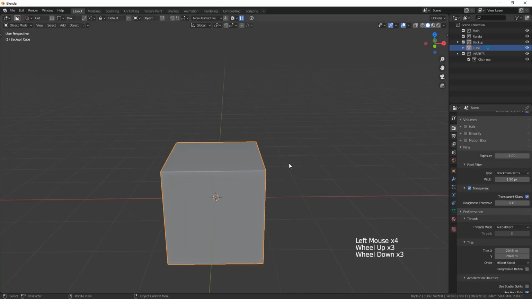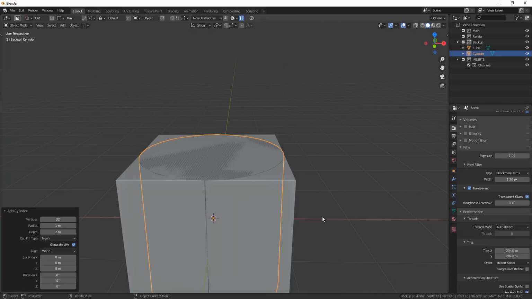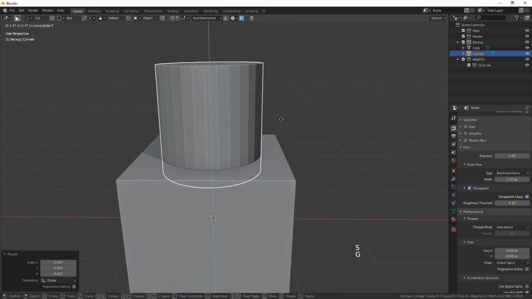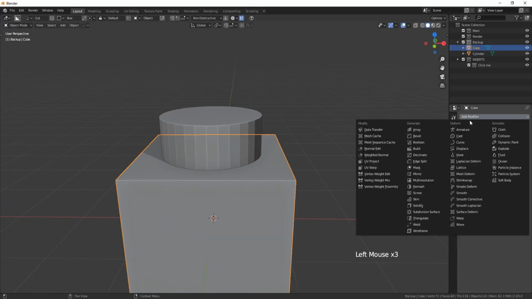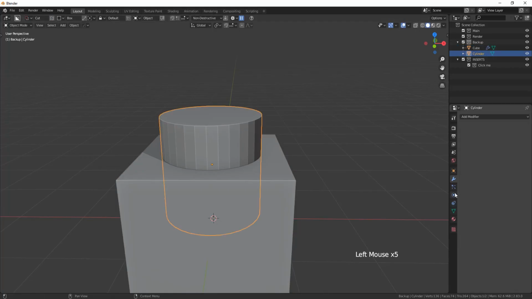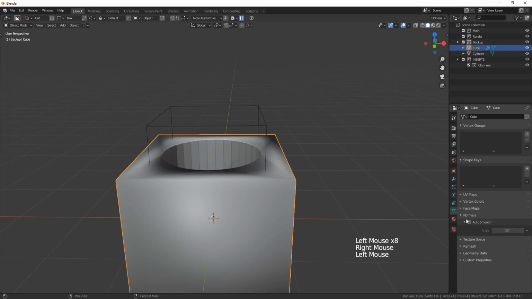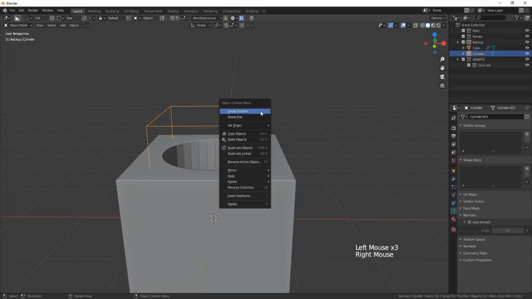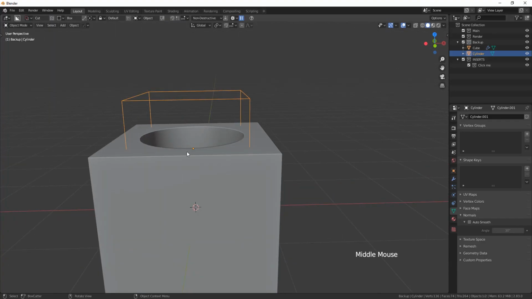So if I were to do this the vanilla way, I'd have to go in, add the cutter, maybe we'll do a cylinder, put it into the place I want to add it in, and then I'd have to go to the cube, add a Boolean modifier, pick this guy, then go to the cutter, change it to bounds, and then smooth this out, turn on auto smooth, and then smooth this guy out. That is a ton of different steps all to get one cut, and when you do a lot of hard surface modeling, you're going to have hundreds of cuts,